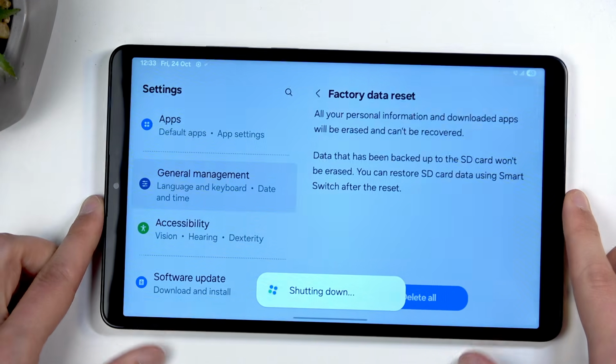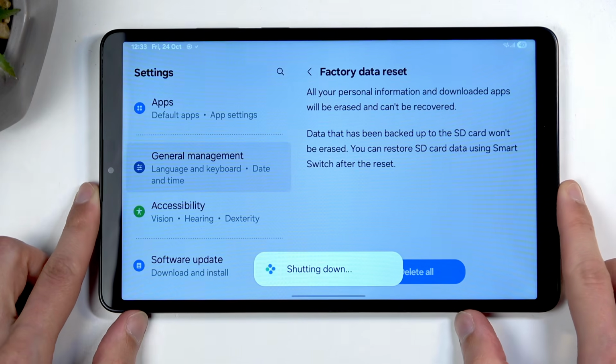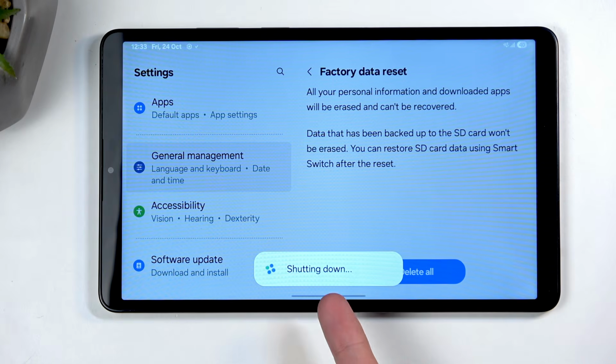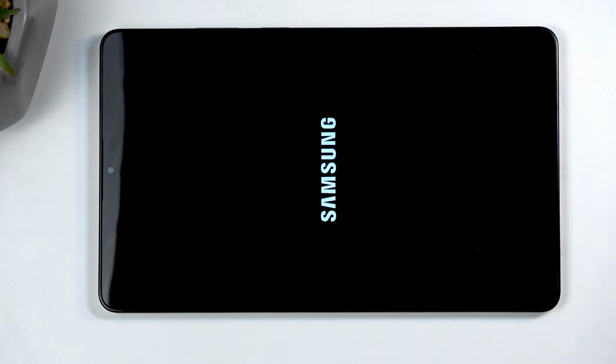Oh, it did. So once you type in your password correctly and press enter, it automatically does this, shutting down. Sometimes if the device is a little bit slow, it won't do anything for a foreseeable 5 to 10 seconds, and then it's going to go to shutting down or automatically shut down. Now, once it begins doing whatever it's doing right now, this will take probably 2-3 minutes or so to finish up the reset, as it's going to now basically start resetting itself and